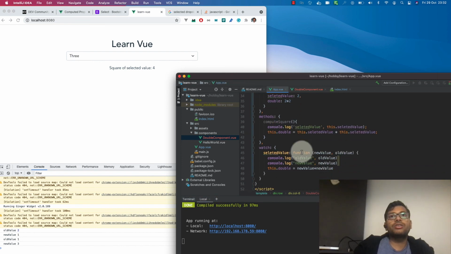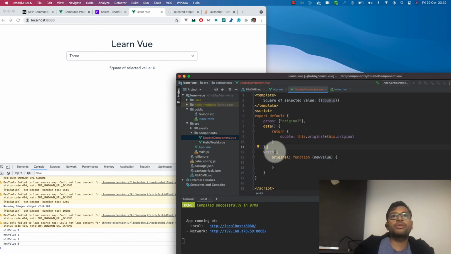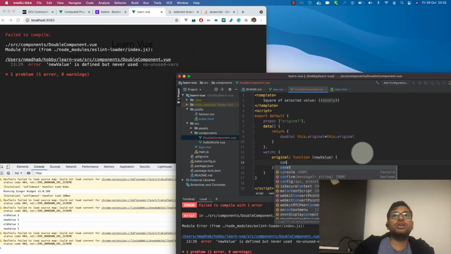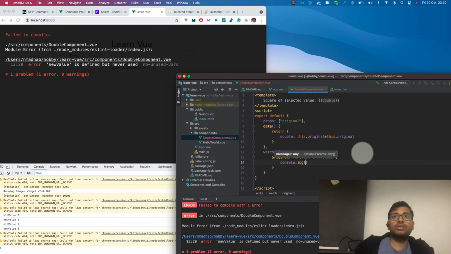Something wrong here. Okay, watch will be watch colon. So when the value is updated, let's console log the new value. Let's see it is coming or not.